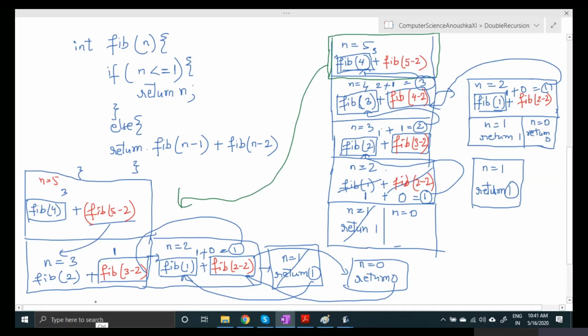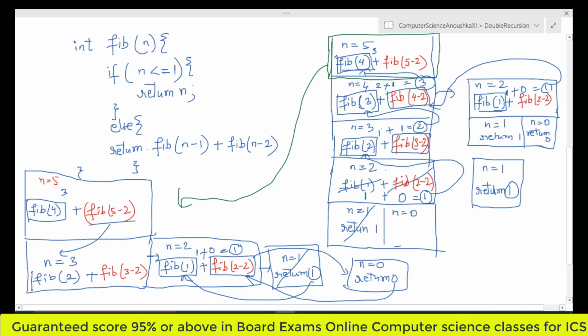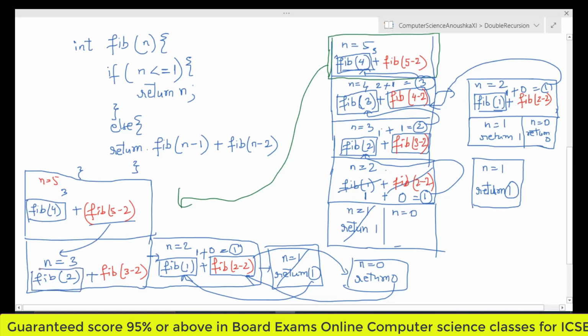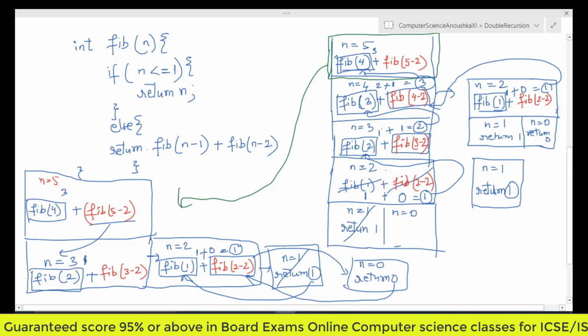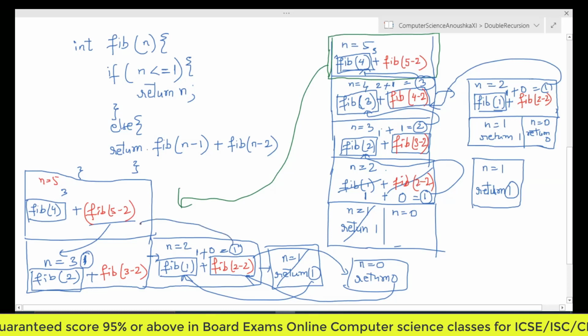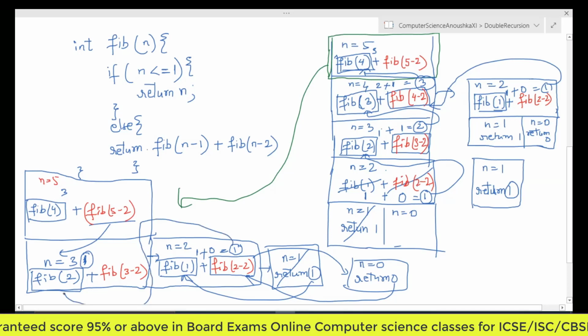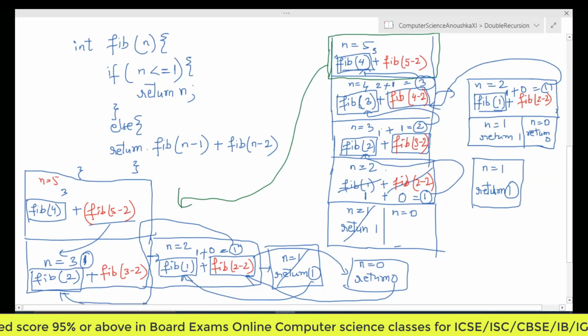It will be returning to this one, this value is 1, right? And this one will return to fib 2, this part, because it has executed this part only. So this one is here. This one will return to this. This one will return to this.